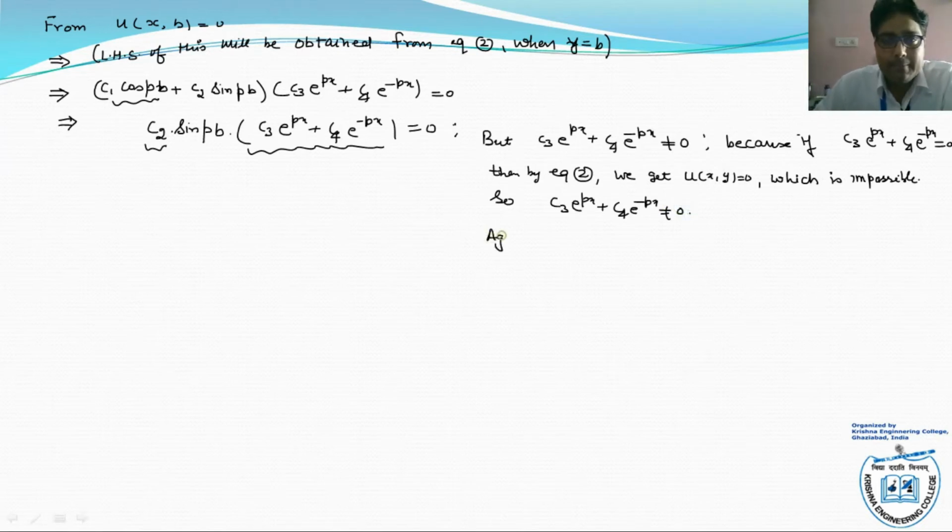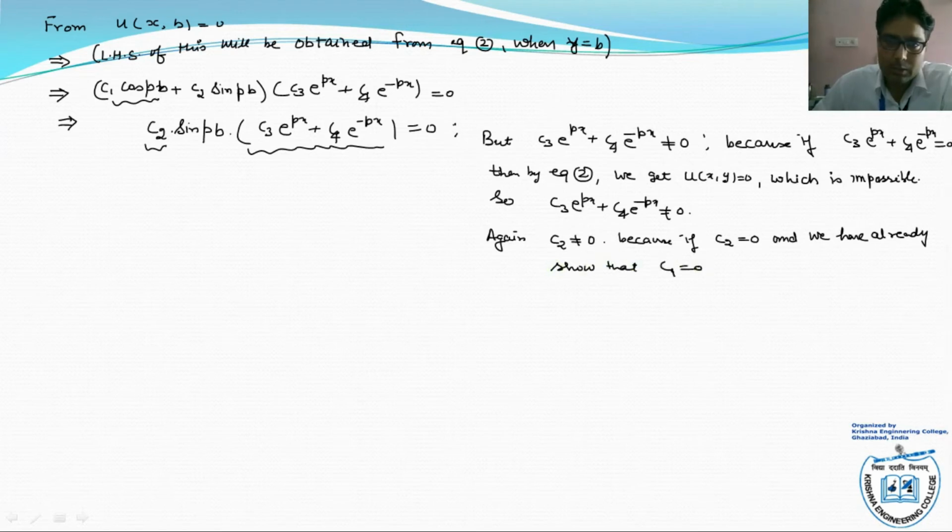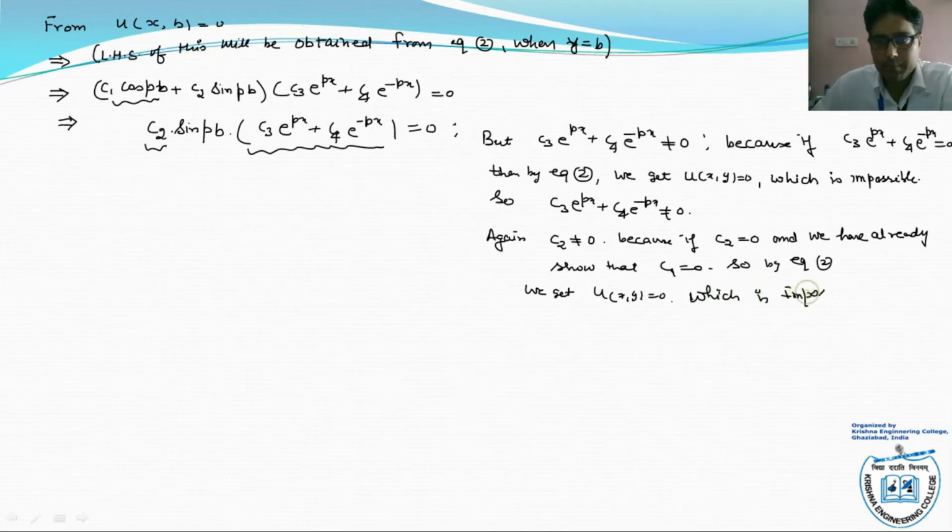Again, C2 will not equal 0, because if C2 is equal to 0 and we have already shown that C1 is equal to 0, so by equation second we get again the 0 solution, u(x, y) is equal to 0, which is impossible. So there is only one possibility, that